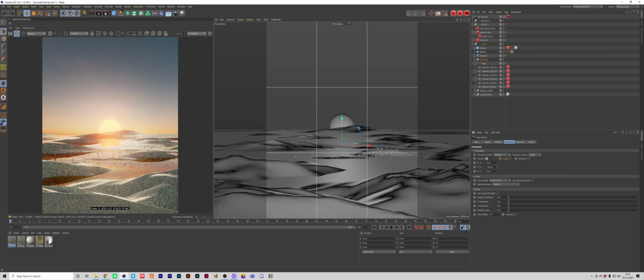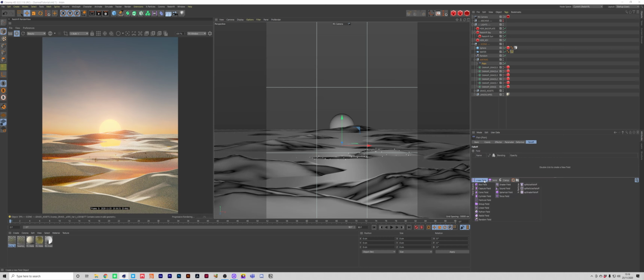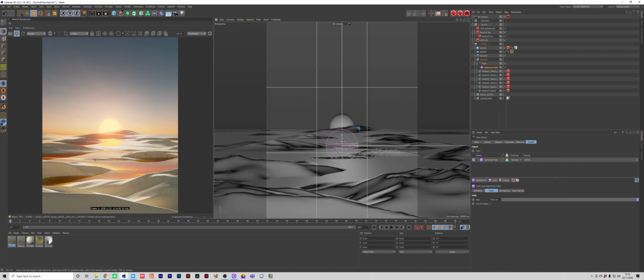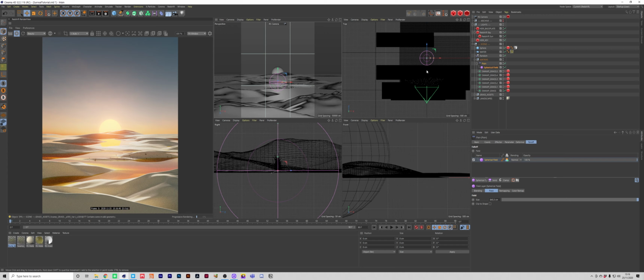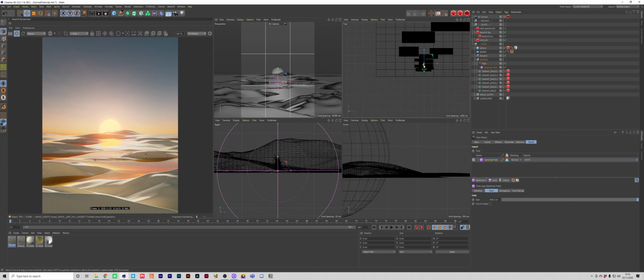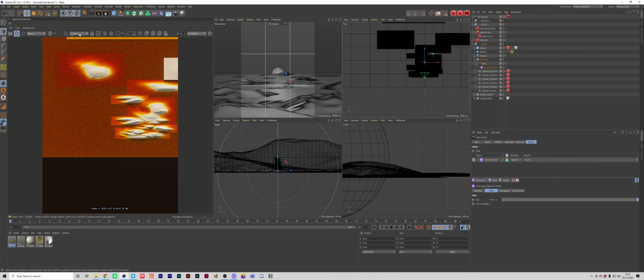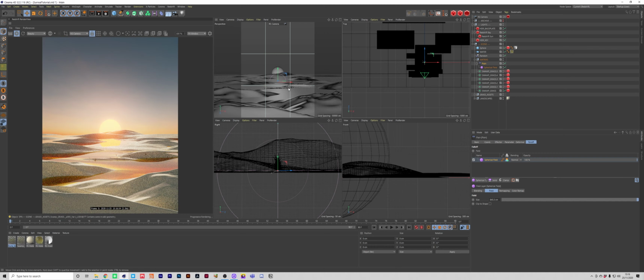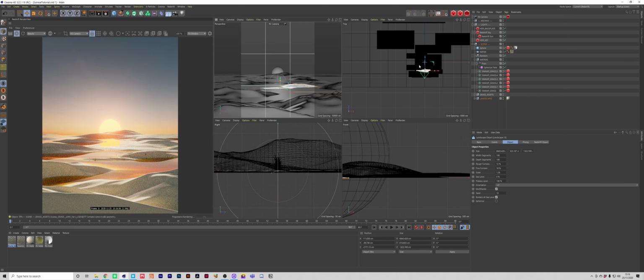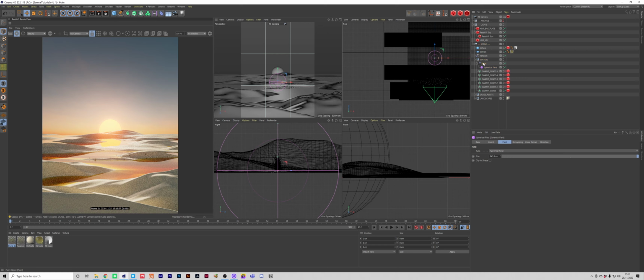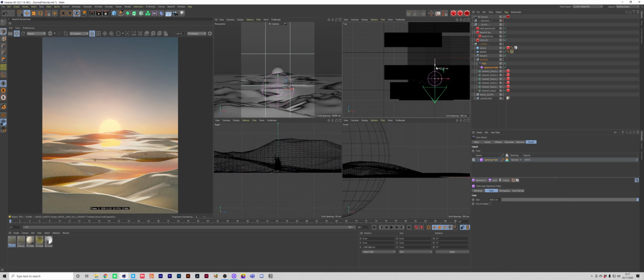What we're going to do is actually use this to hide them in certain areas. So I'm going to come to the fall off and put something like a spherical field on here, and if I scale this up, it's basically only going to affect the objects within that sphere. So if I just find that landscape that they're at, make sure I lock that camera. So here, if I just make sure that spherical field is over the top,